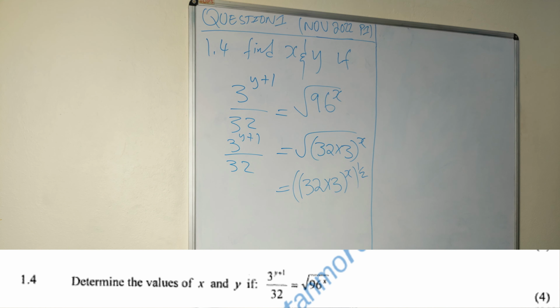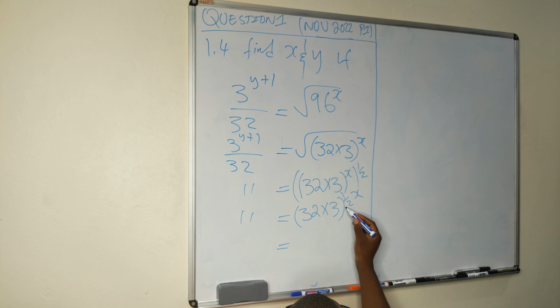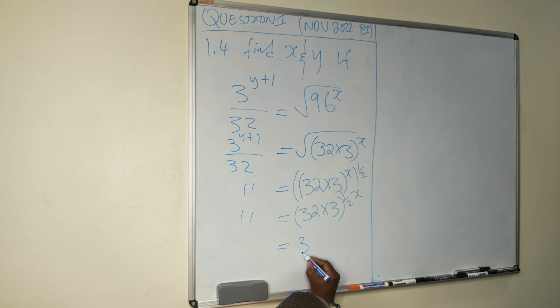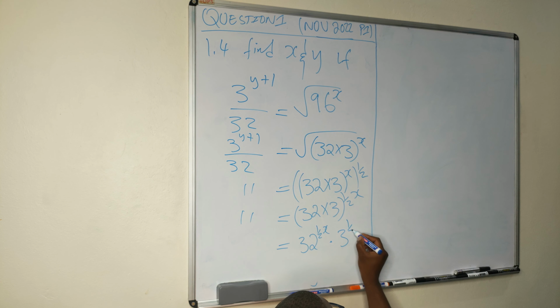So let's simplify this part. We have 32 times 3 raised 1 over 2x here, right? Just take this one down as it is. So now we have 32 raised 1 over 2x times 3 raised 1 over 2x is equal to